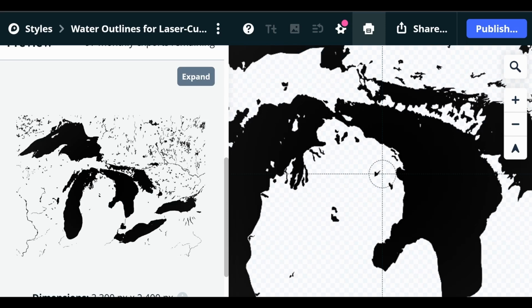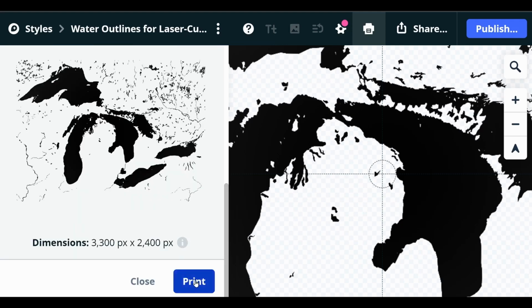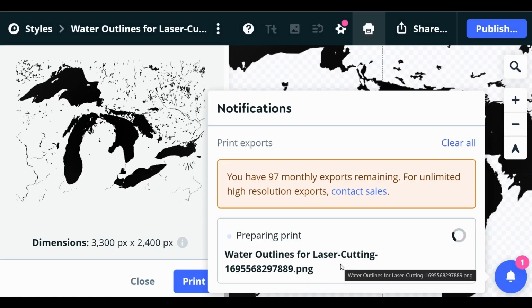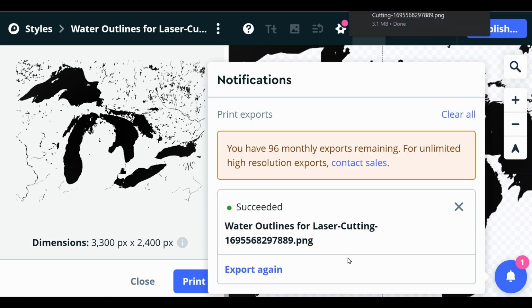So now that I have that, I've been able to reduce it to kind of what we were looking at on the screen before. So once we have that, it's possible to go to print. It gives us one last preview. And obviously you've already selected, so don't use this again as your way of deciding. Print. And it's going to print that copy out into your downloads folder. And from your downloads folder, you can then take this into Adobe Illustrator, which is where we're going to head